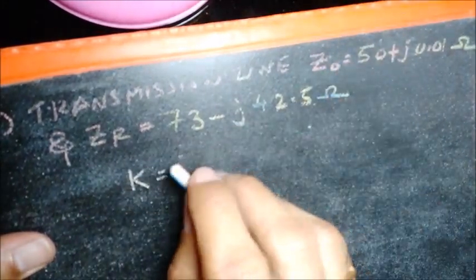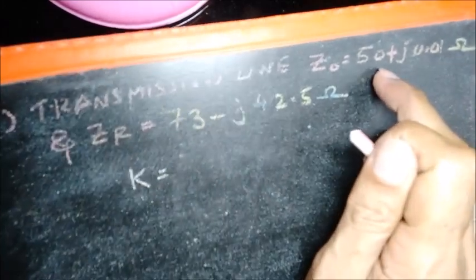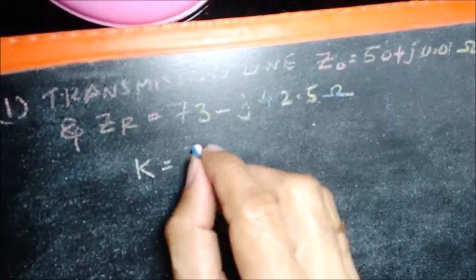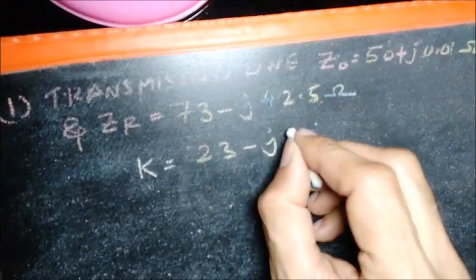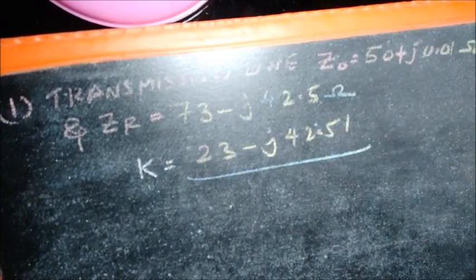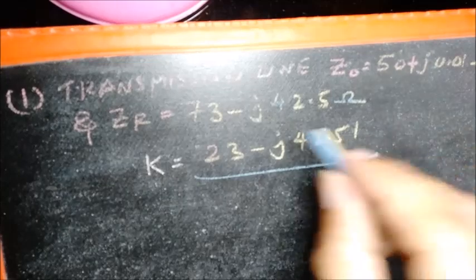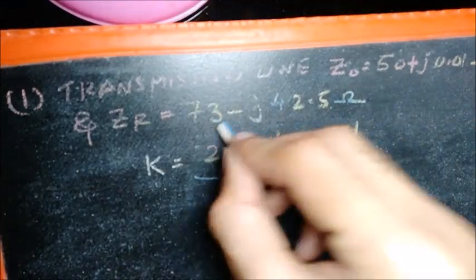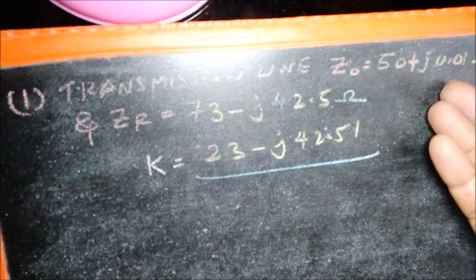ZR minus Z0, this is ZR, this is Z0. So ZR minus Z0 gives 23 minus J 42.51. Please verify whether what I am doing is correct. You can work it out. So ZR minus Z0 gives 73 minus 50 and minus J 42.5 minus J 0.01